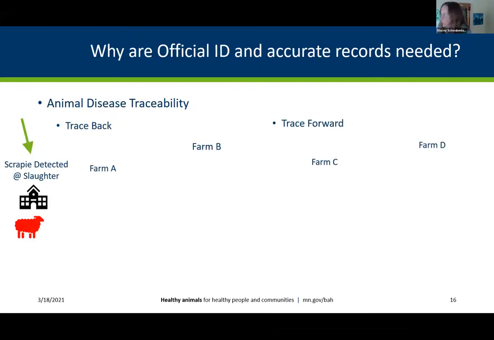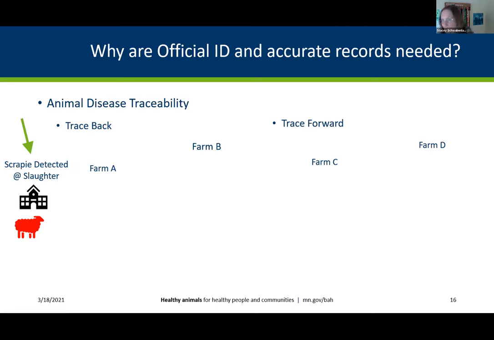All right. Really quickly, I want to help you get an understanding of the importance of ID and record keeping based on a fictitious example of finding scrapie. So we're going to start out to explain traceability by pretending that this red ewe has been found to have scrapie after going to slaughter at a slaughter plant.